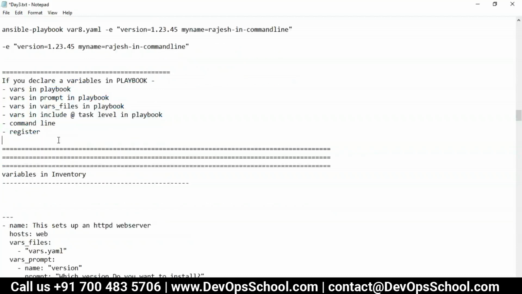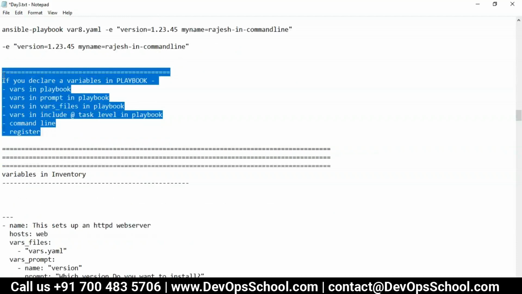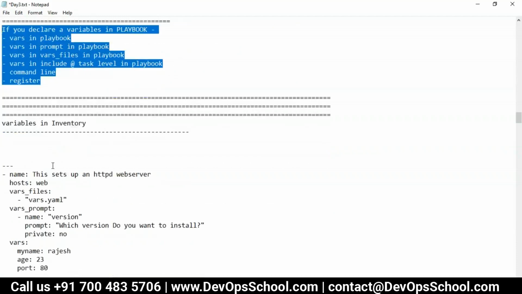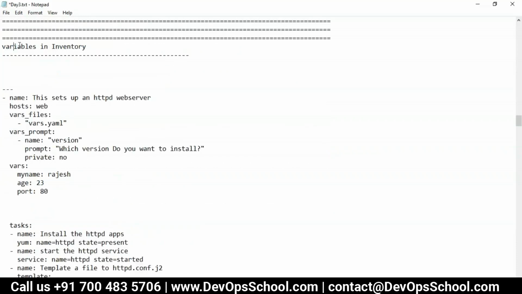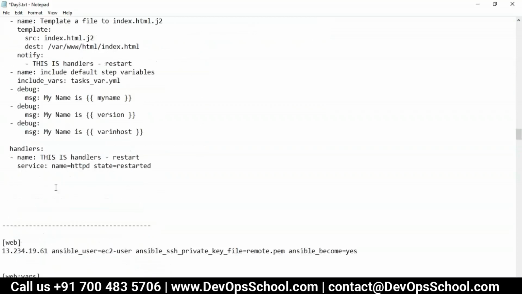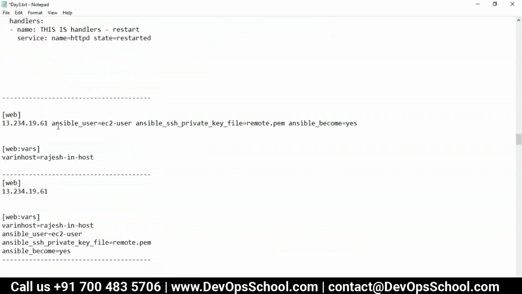So this is the kind of variables we can declare in the playbook. Then we started discussing variables in inventory, and here we talked about how we can declare the behavior parameter. But when we declared the custom variable, it was not accepting it.